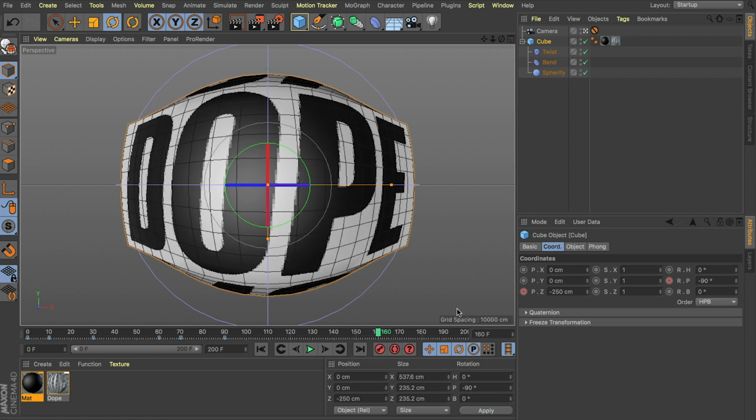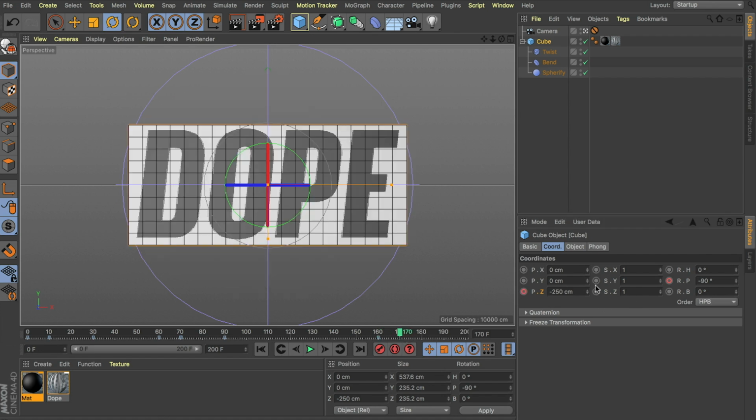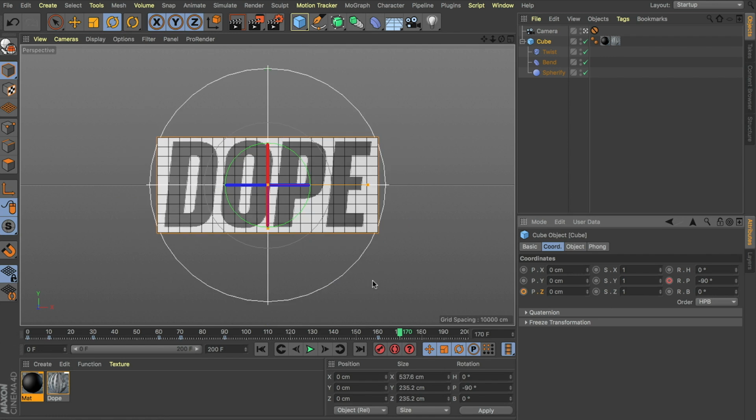Let's go to 160. I'm going to add a keyframe to our Z position at -250. Go forward 10 frames, I'm just going to zero that out and hit a keyframe. Now you can see at both the start and the finish our position on that Z axis is 0. So that's perfect. We're now starting and finishing at the exact same spot. Let's have a play and just have a quick look, make sure that we're happy with the movement we're getting so far.